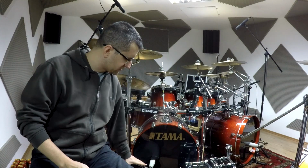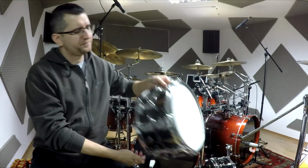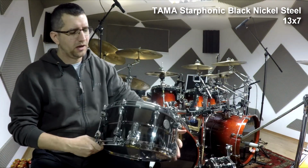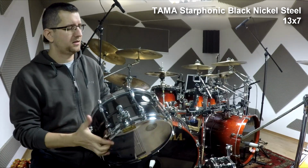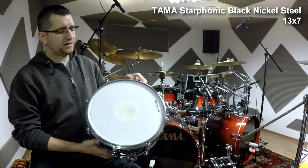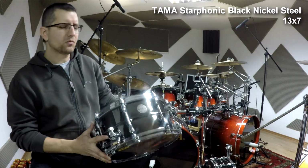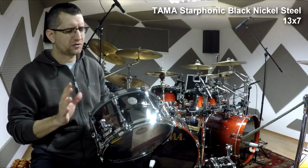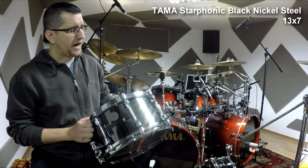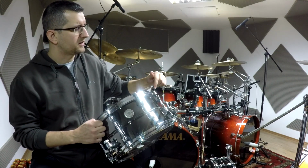S.L.P. dynamic bronze. Then in 2018 I bought this, also used, TAMA Starphonic black nickel steel drums. Looks absolutely beautiful, and as you see, it is a little bit smaller because this is a 13 by 7, and I was a little bit afraid of this size, but I have to say it is really an all-rounder, and I really like the idea of these, I think Tama calls them Freedom Lugs and claw